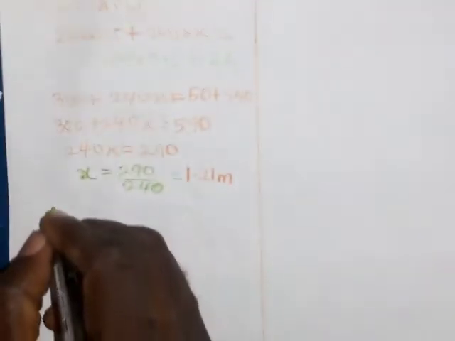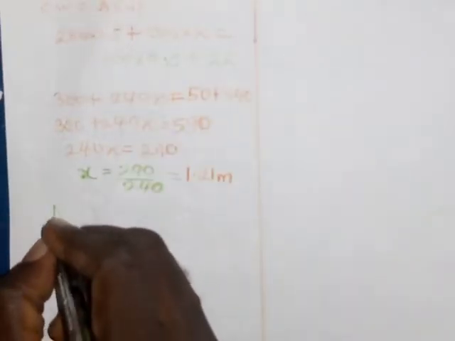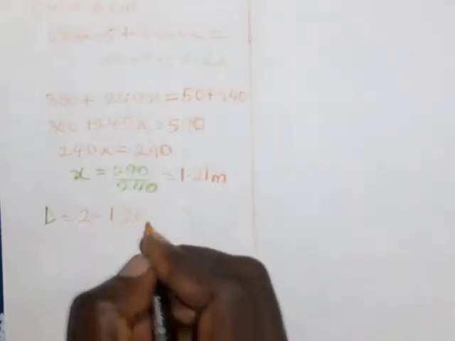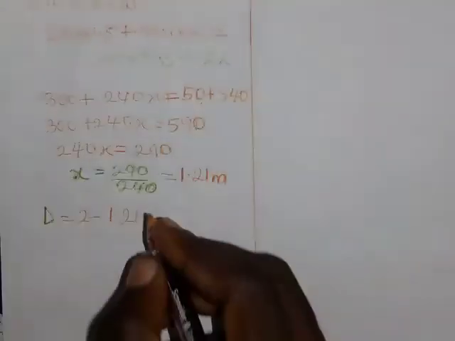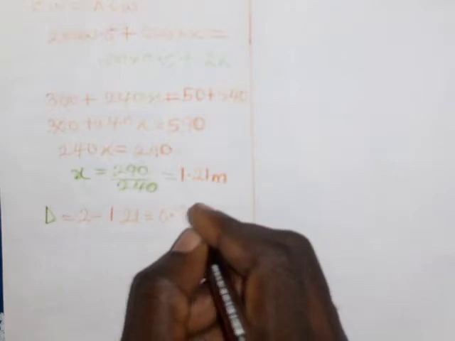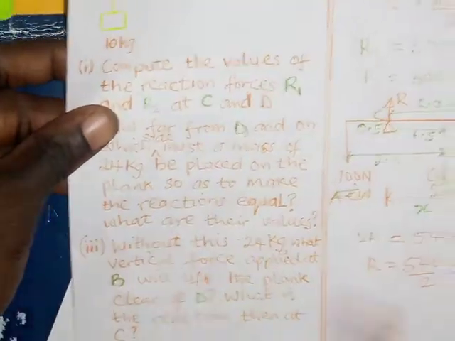1.21. So let me just call the distance D. It is going to be equal to 2 minus 1.21, and that is going to give us 0.79 meters from D. So which side is it? They asked that in the question. They said,